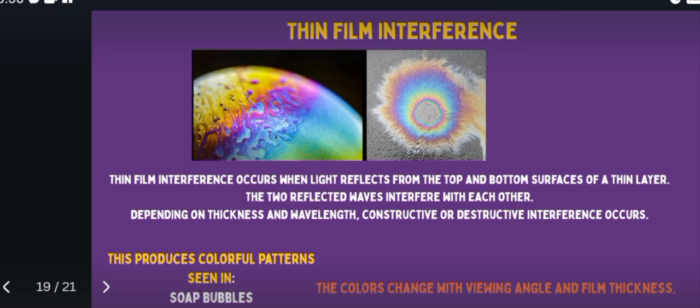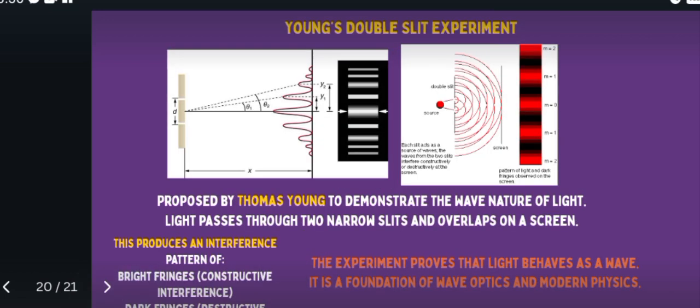And next, lastly, the Young's double slit experiment. It was proposed by Thomas Young to demonstrate the wave nature of light, which passes through two narrow slits and overlaps on a screen. So the experiment proves that light behaves as a wave. It is a foundation of wave optics and modern physics. So this experiment produces an interference pattern of bright fringes, constructive interference, and dark fringes,